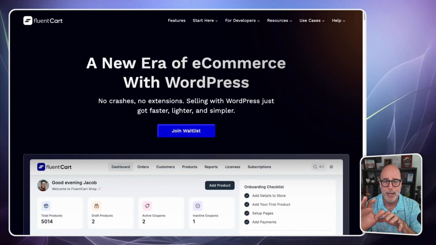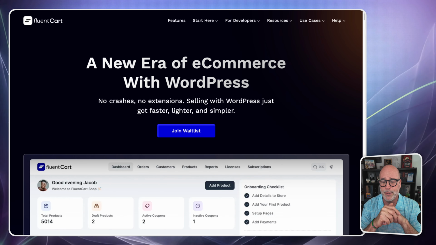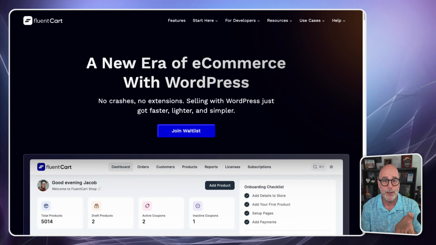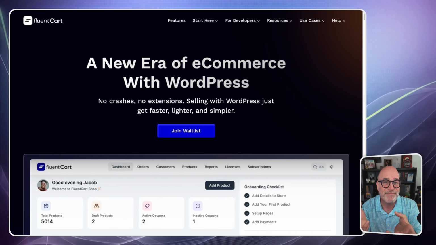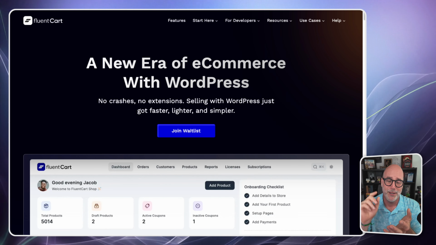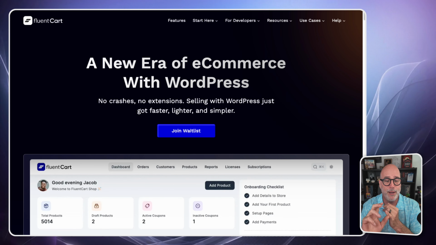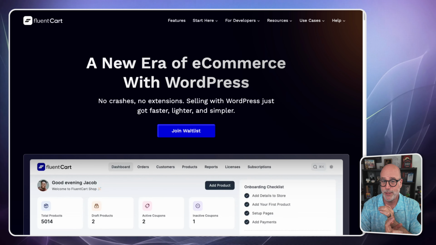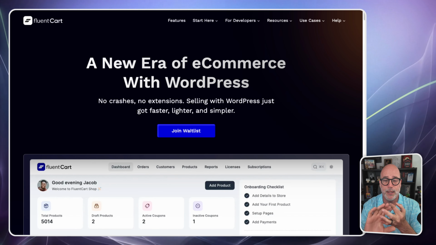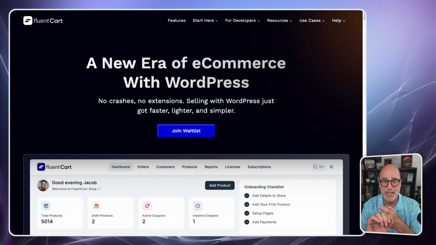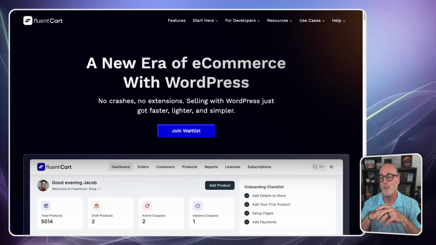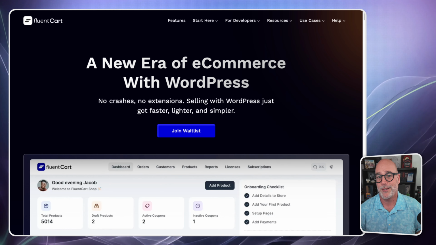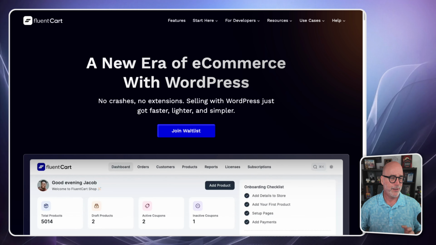It's not going to break the bank, but it's going to include everything. You're not going to need any other plugins to do anything. So you'll be able to sell tangible goods, digital goods, licenses. I mean, everything. You're going to be able to do everything from within this platform, and I'm really looking forward to that. I think it's going to be pretty cool.